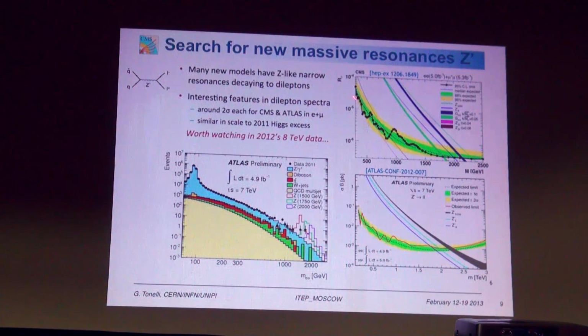These are the observed limits, and the expected limits are the dotted lines. And clearly in 2012 we excluded the presence of the simplest models, for example the sequential standard model, or the simplest model hinting at the presence of a possible Z prime. But we had an anomaly here. At the end of the year, the anomaly was still 2 sigma. You see, the green is 1 sigma, the yellow is 2 sigma. With 5 inverse femtobarn, we still had a 2 sigma excess around 950 GeV.